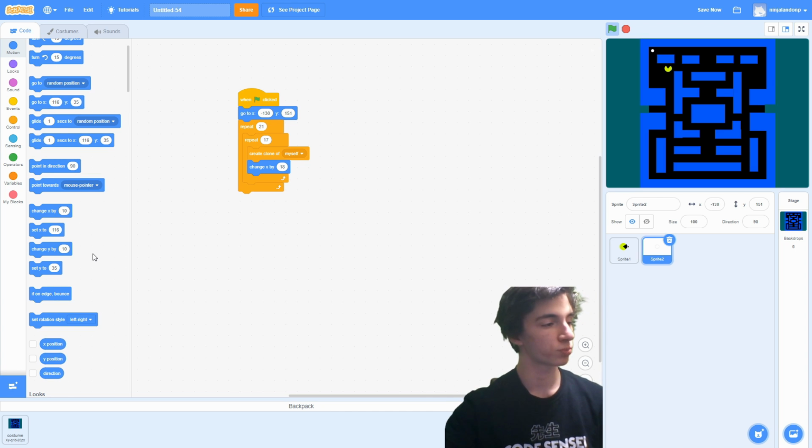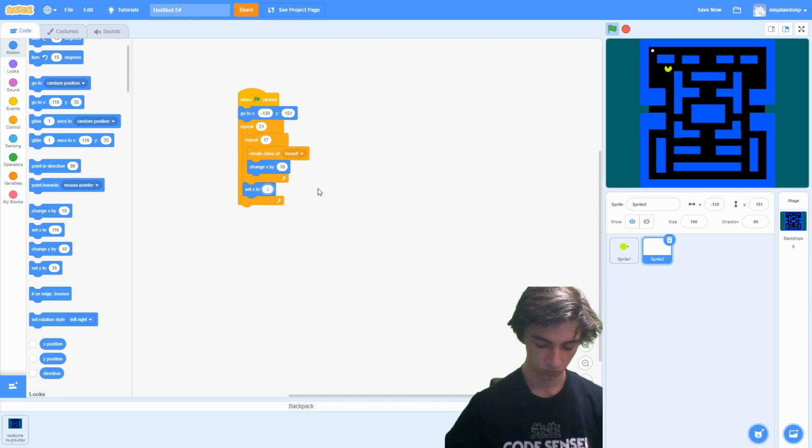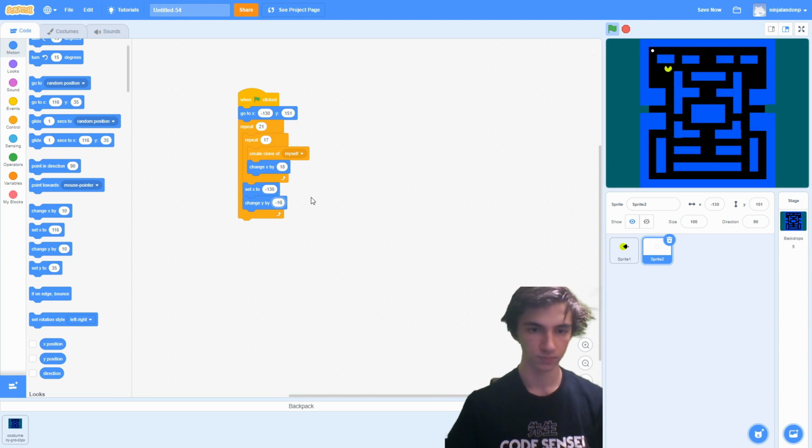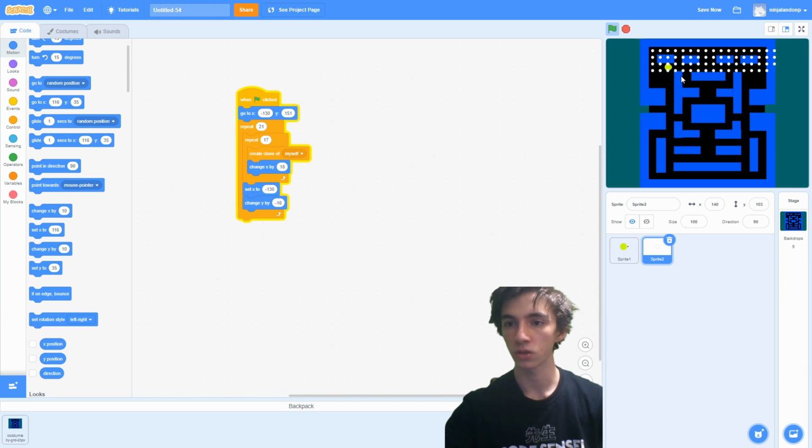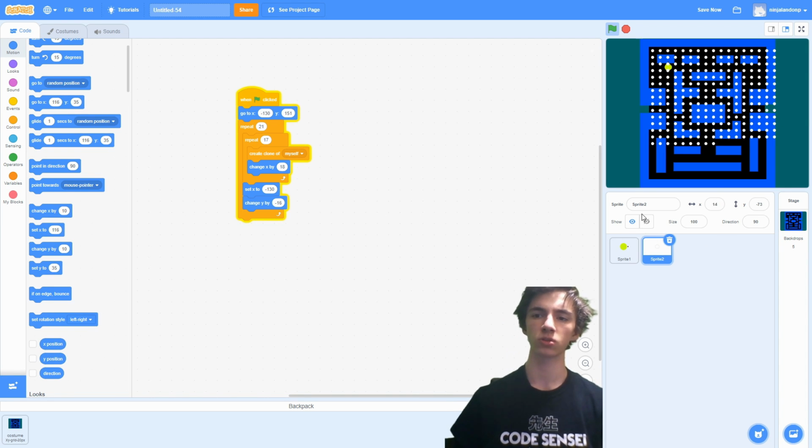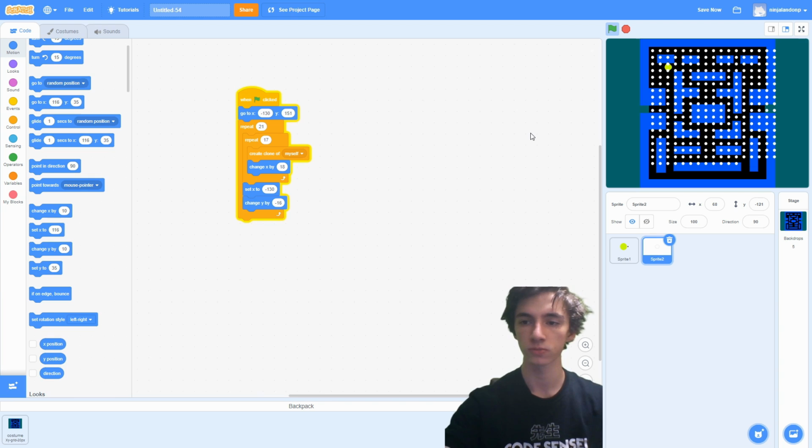In the first repeat loop, we're going to set X to whatever number this is. So it is -130, just like that. And then we're going to change Y by -16. And what that does is, if I run, you can see that we're cloning rows of dots that cover the length of our level. You can also see that we're spawning and cloning dots on top of the walls, which